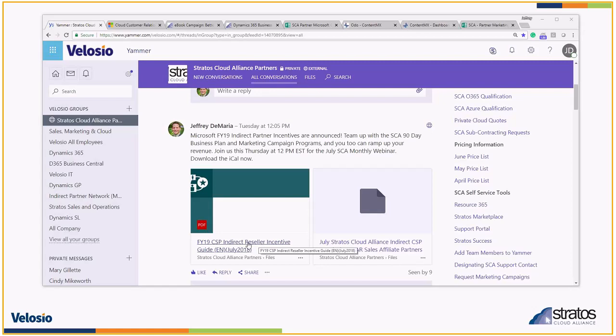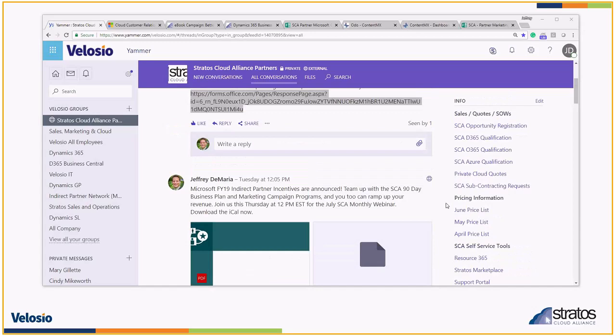Additionally, here's the 16-page PDF, the T's and C's and everything that's required for the partner incentives, and that's really important. Last month, we talked about many of the great functionalities in Office 365 and capturing additional business value with your customers. We've updated a lot of the resources and the information on the right-hand side of this page so that you can engage with our team in the most effective and efficient manner to date.